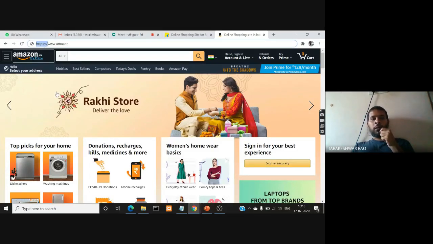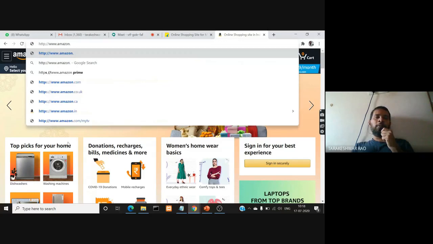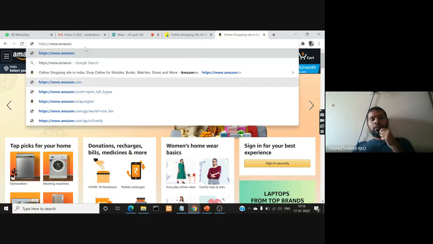Because your browser is communicating with the server of Amazon using the protocol called HTTP, Hypertext Transfer Protocol. Earlier it would be simply HTTP, but now you have an S also. S stands for security. So you're communicating with the Amazon server in a secured manner using the HTTP protocol. That is the meaning of HTTPS.